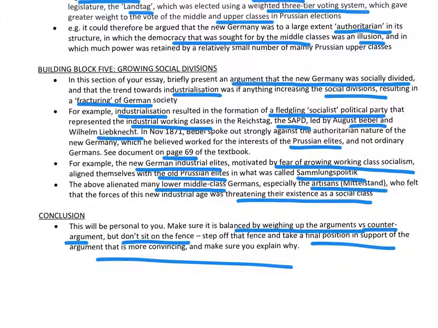So obviously you're going to go with the argument which you feel has got the weightier evidence, the more credible evidence to support it. So you've got to say something about why you think one argument is more convincing than the other. There's no right or wrong conclusion. The examiner's not going to have an answer written down. It's just the quality of the way you write it that matters. But you must step off that fence